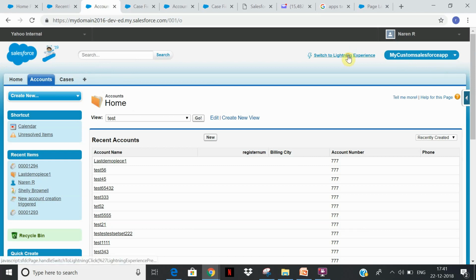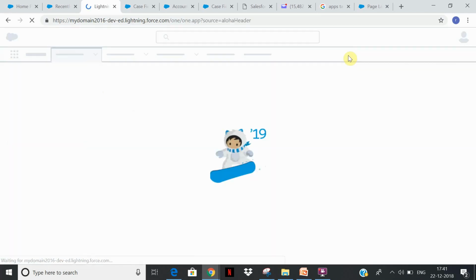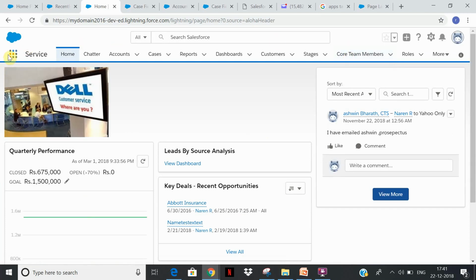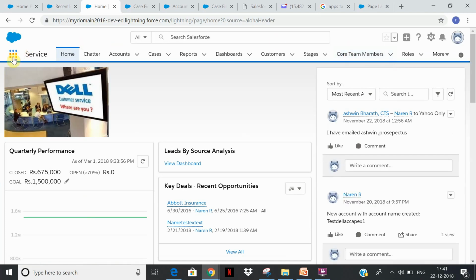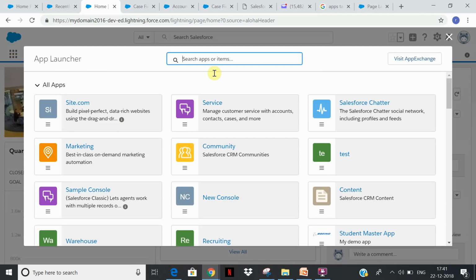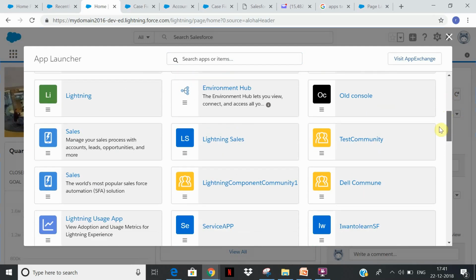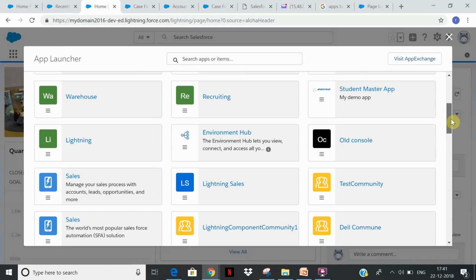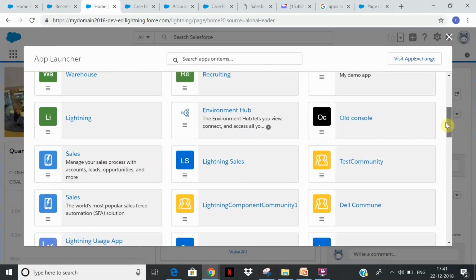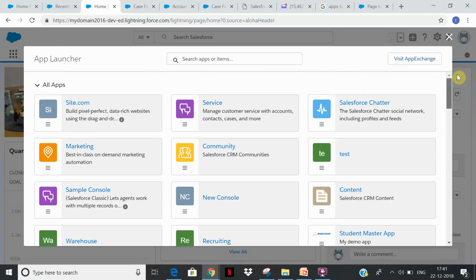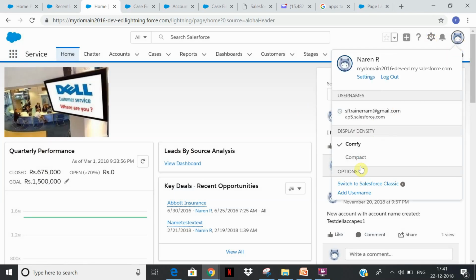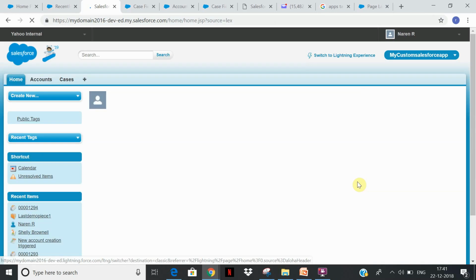So the same thing I can see in Lightning. I can go to Lightning Experience, and now on the left side, this is the app manager. Click on that, and then similarly you search for your app. Okay, so now here is the thing. You're not able to see the app here, right? You're not able to see that app over here. That's because it is not exposed in Lightning, that app. So for that we have to go back to Classic and give it the correct settings.